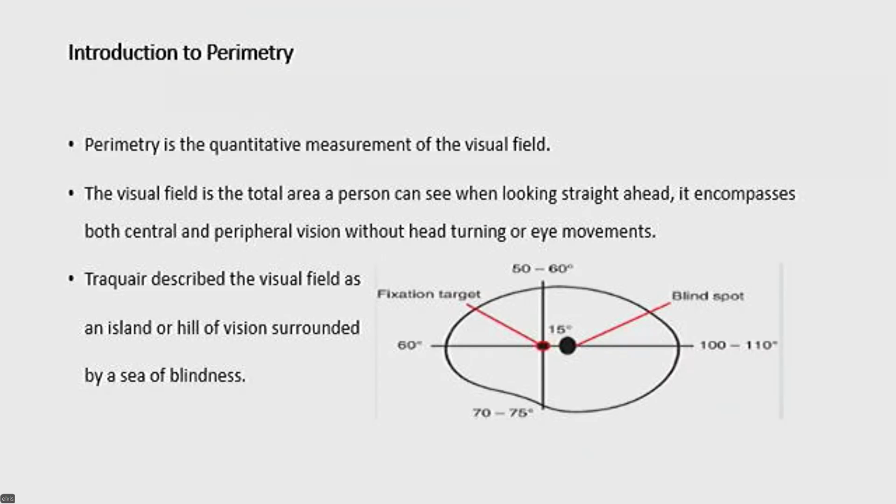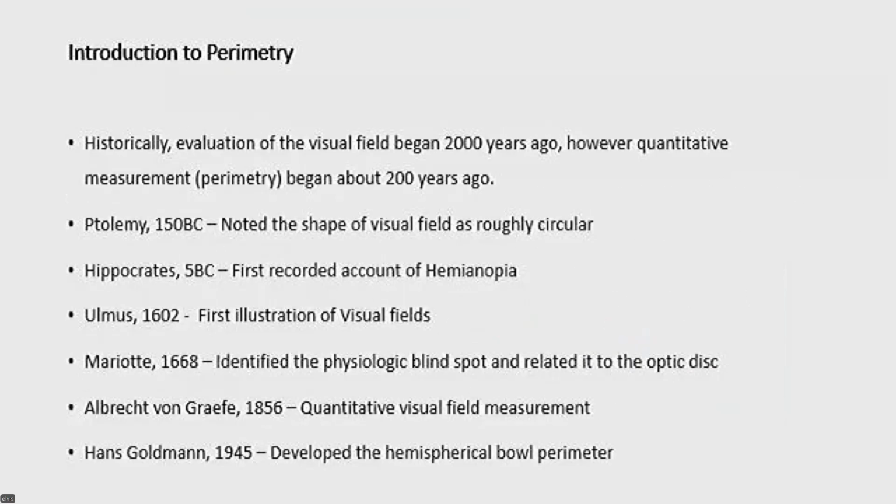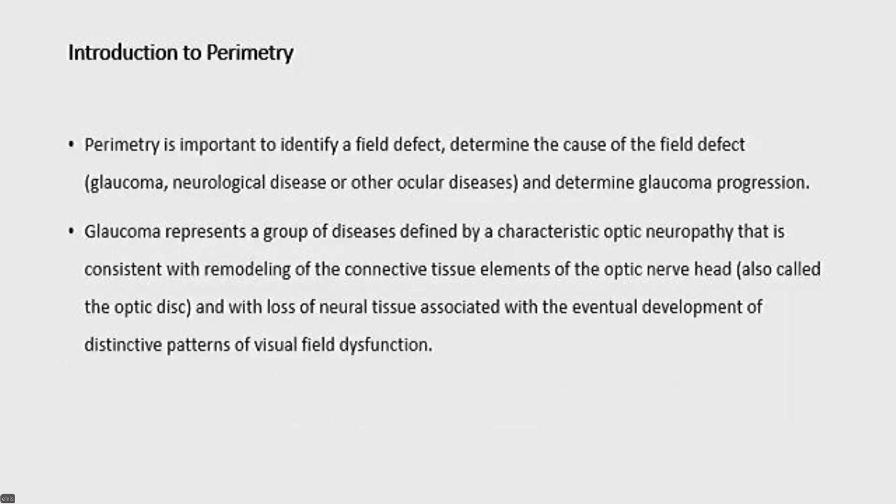The visual field is described as the island or hill of vision surrounded by a sea of blindness. The historical basis of perimetry dates back to 150 BC by Ptolemy, who described the shape of the visual field as roughly circular, down to 1945 when Goldmann described the hemispherical bowl perimeter. So perimetry is important to identify a visual field defect, determine the cause, and also monitor disease